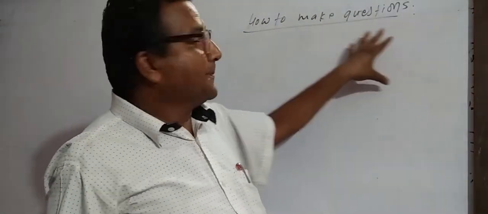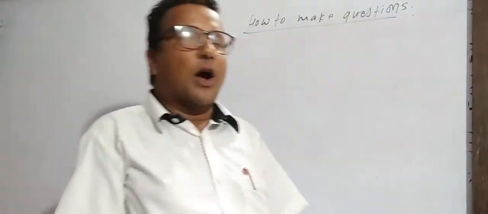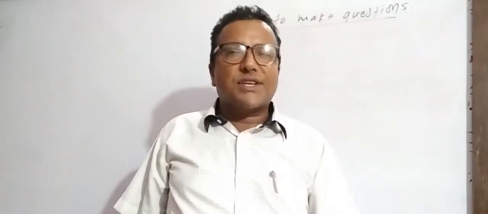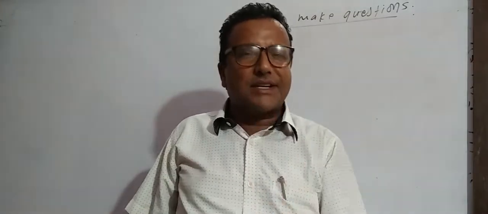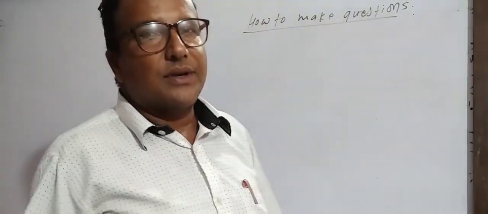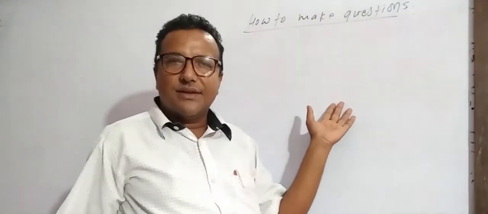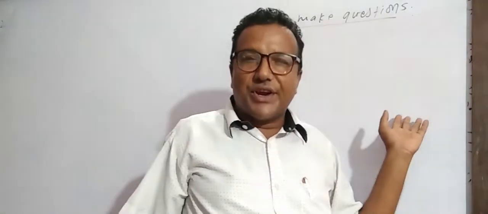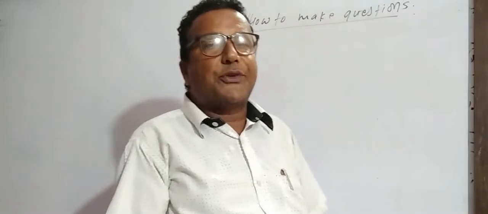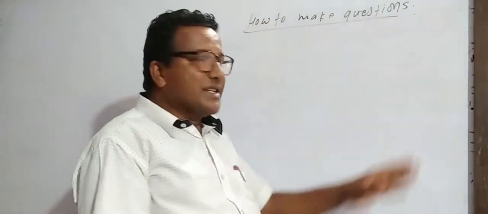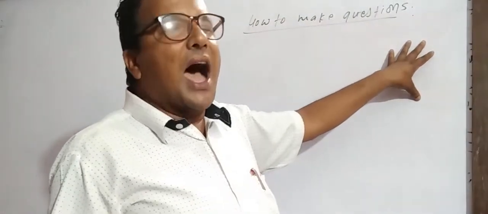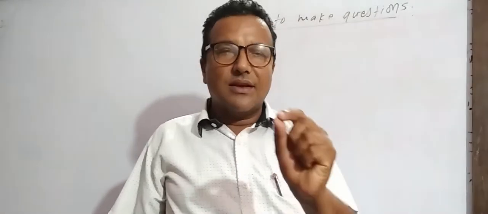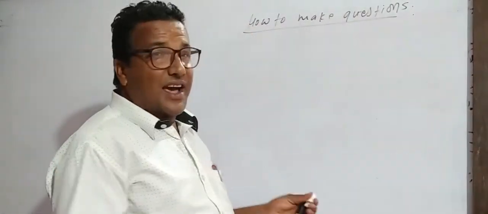Questions are made by two methods. One method is the yes no question, that means yes no interrogative. Only 20 auxiliary verbs are used to make a yes no question. They are